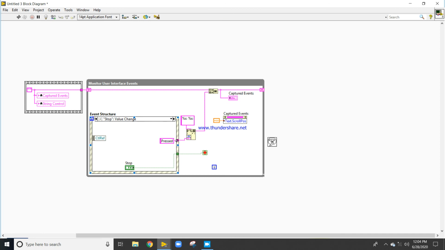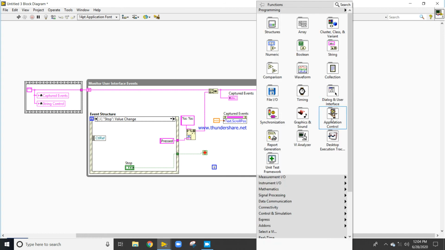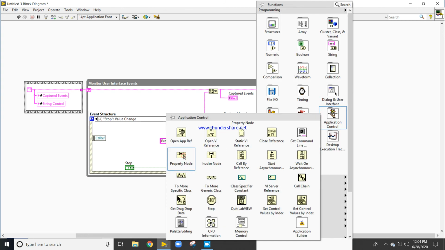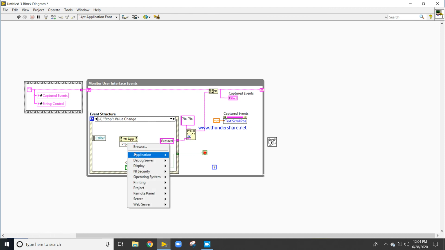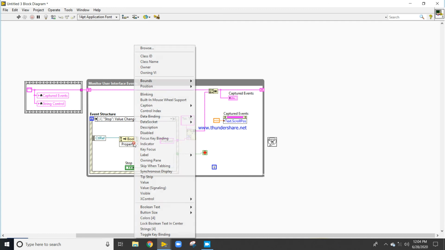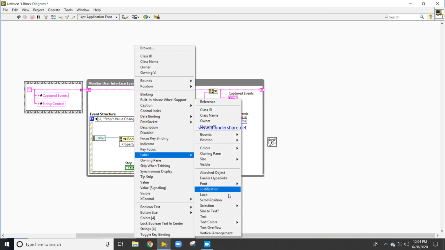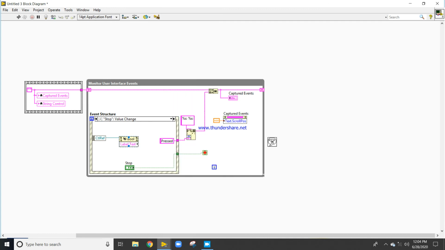Delete. First I will come here, application instance, and take a property. When you connect this property with any control, you will get the label and label text. Can I copy and place it here? Yes, I can copy it.